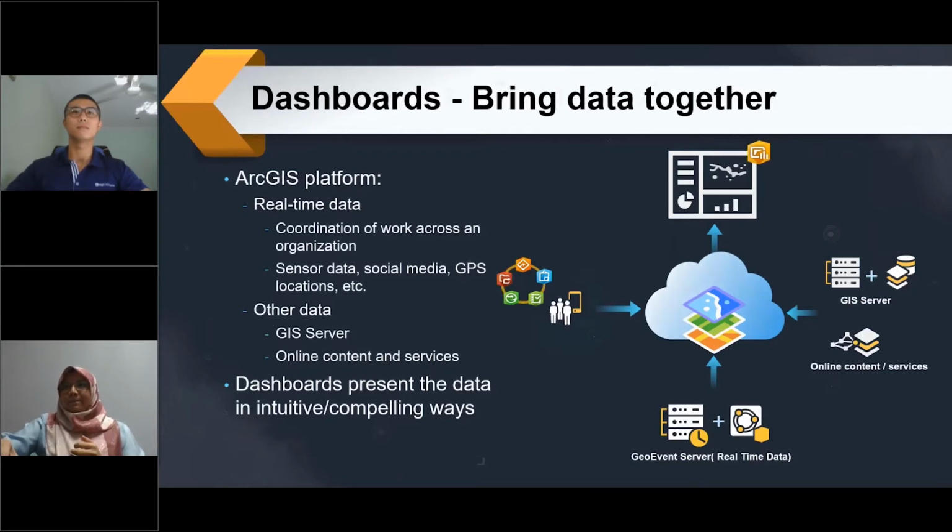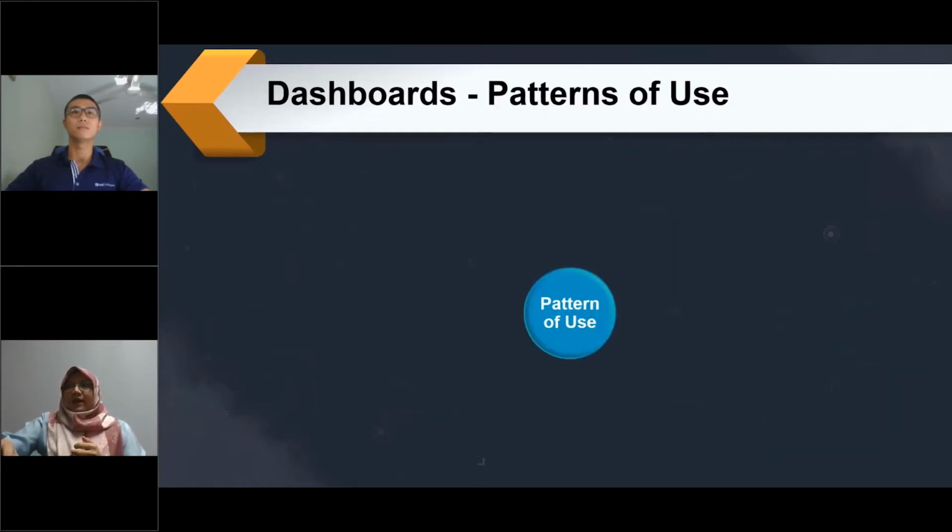Okay. So in the dashboard, we have a few patterns of use. By that, we mean we do not put a limitation on you to display your dashboard in a single way only. It depends on how you actually want your audience to receive and also to understand your data. Okay, so the first one we have for the pattern of use is the